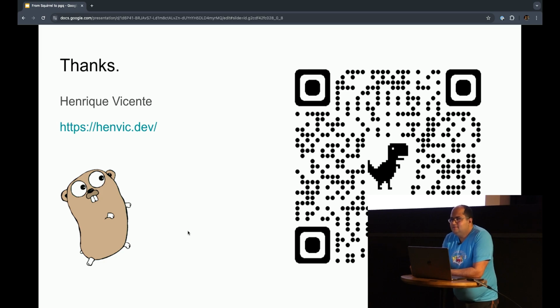Yes? How do you deal with joins? Okay, joins. All right, let me say this. I'm not a SQL expert either, but the API that I'm using is basically Squirrel's with my modifications. And if you see the Git repository, you're going to see that it's not a lot of modifications. So basically, everything that you can do in Squirrel, you can do with mine.